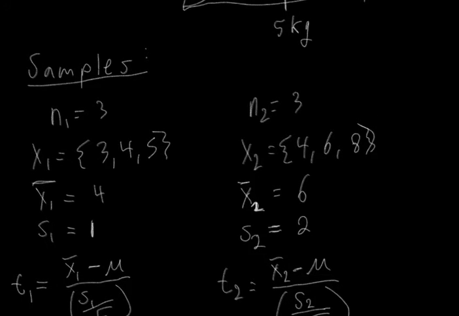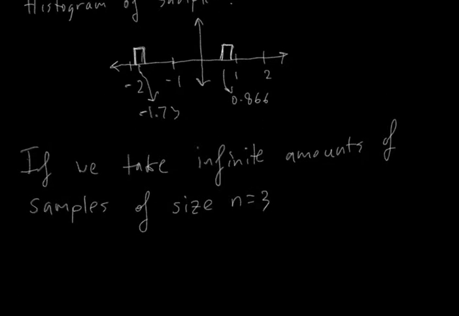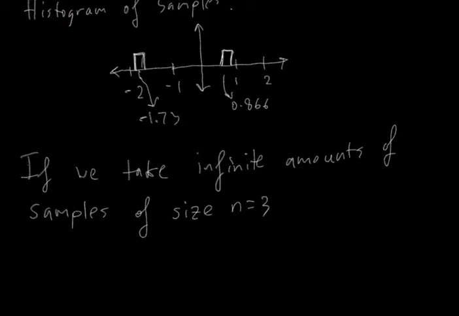We sampled 3 fish on each of our samples, and so if we take infinite amounts of samples of size n is equal to 3,